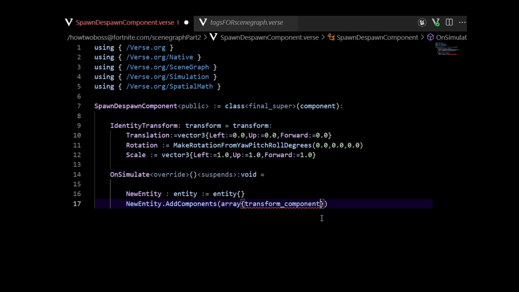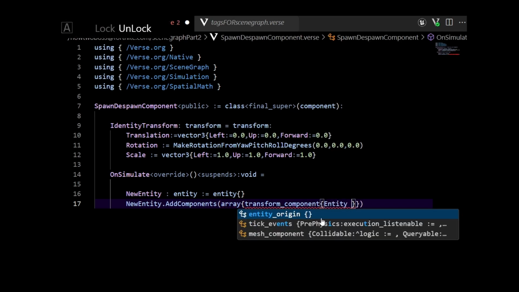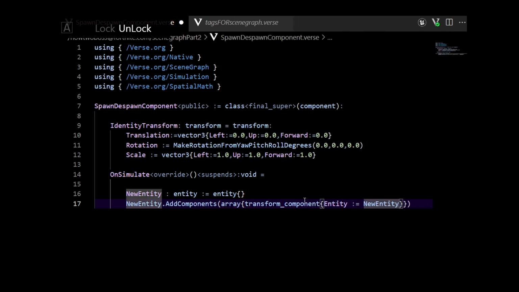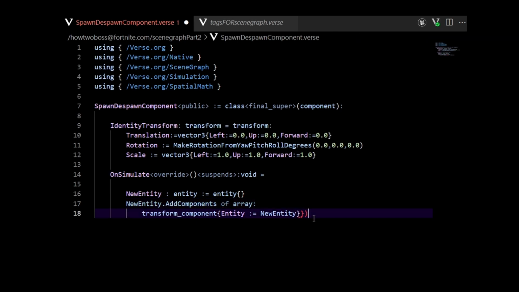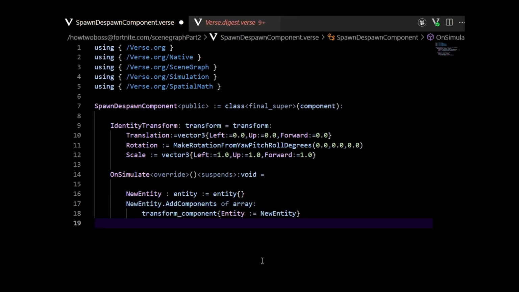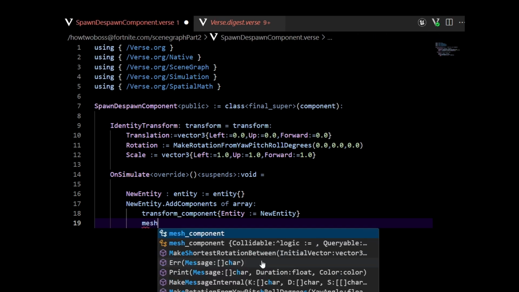But the entity of this is equal to the entity. You can do something like this where you add the component like this, or what you can do is put it below down here. Then we do of array like this. This is just a different way of writing it out. And now let's say if we also want to add a mesh to this, you can type in mesh components,